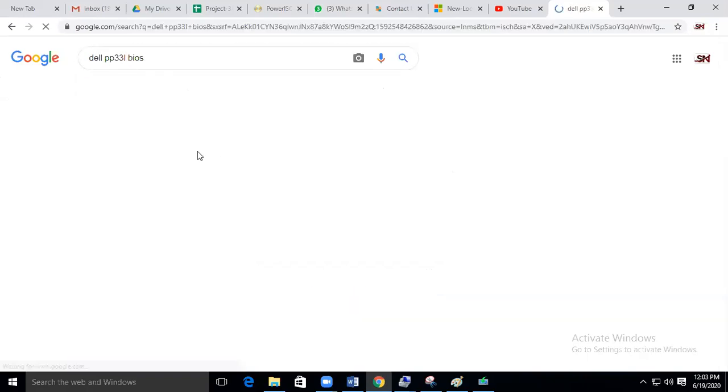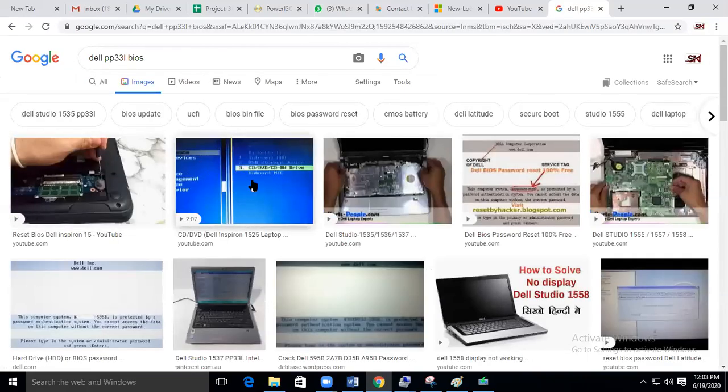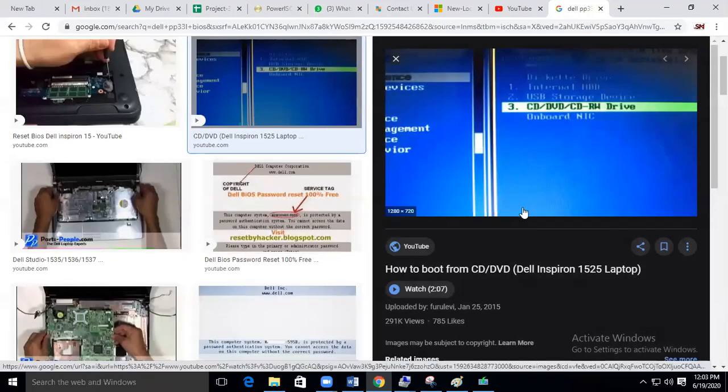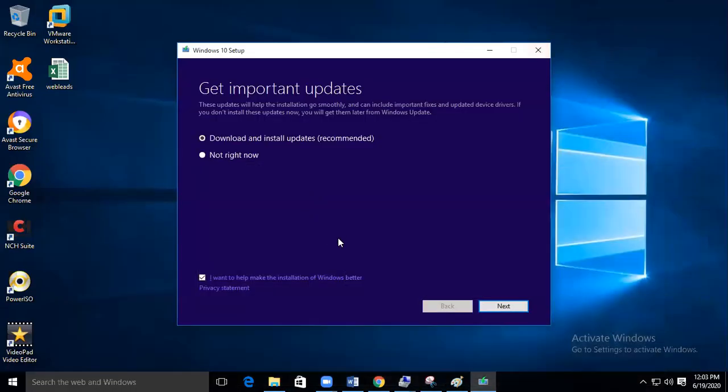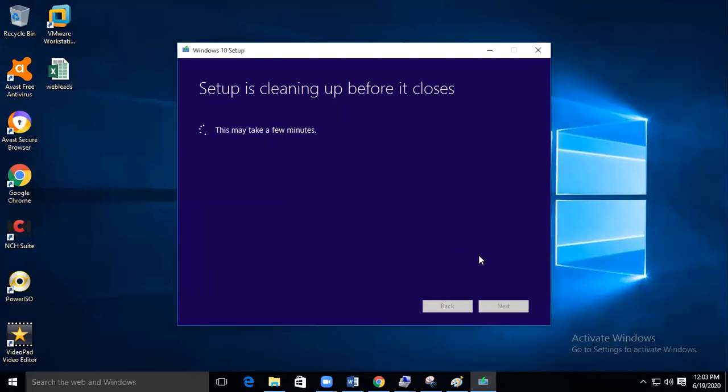BIOS. If I show you, see here in the image, you'll get like this. Can you see here? Now you have to go with this. This I'll show in the VMware. Is it okay for you all? Yes, sir. What I'll do here, I'll show it in my VMware. But in real time, you should restart your computer and press that on your keyboard. So how do I show you? Harsha, can you connect to this Zoom on your webcam?